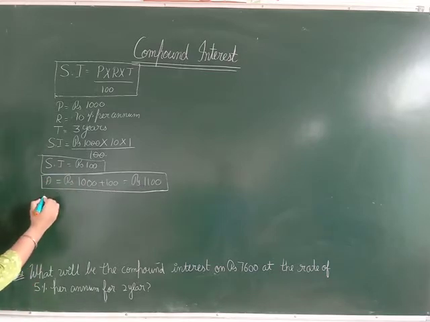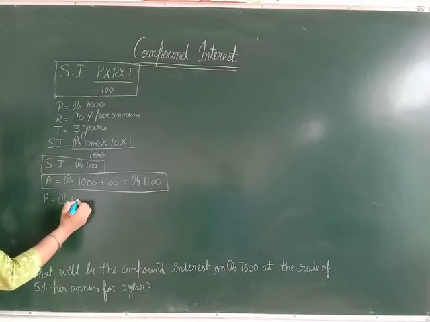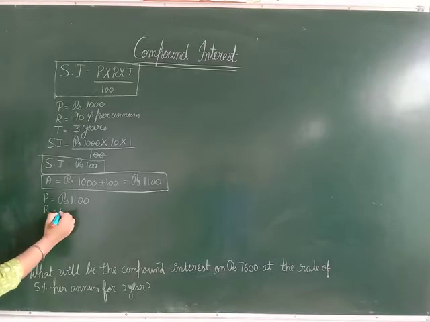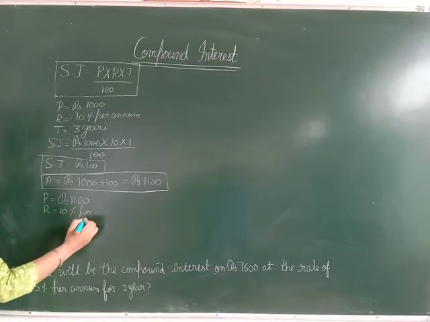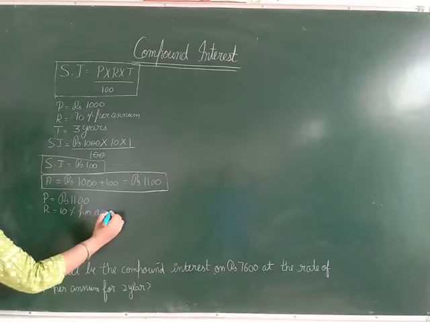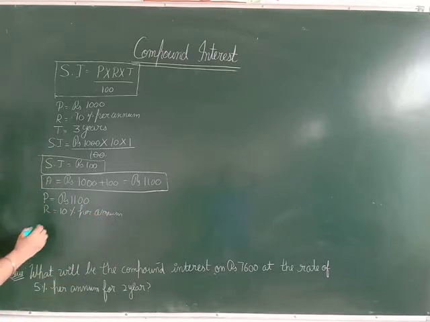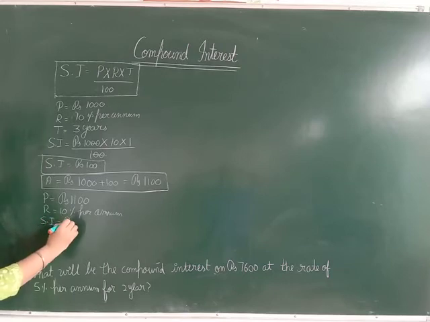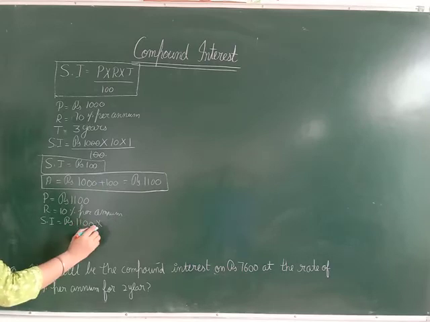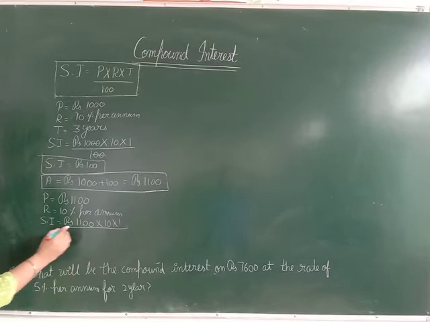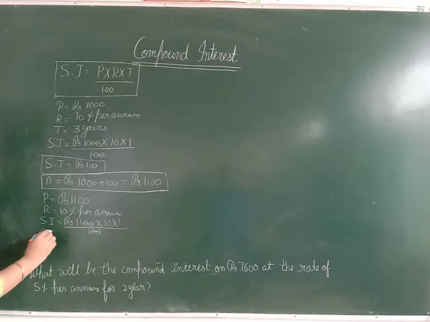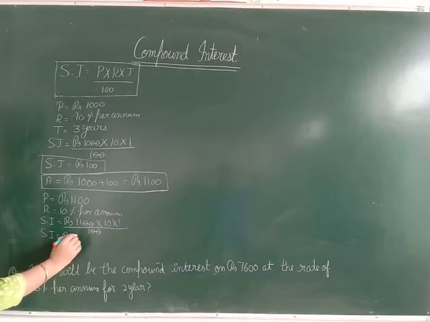So for the second year, your principal becomes ₹1100. Rate remains the same, 10%. Now for the second year, we will find out the simple interest. So simple interest is rupees, principal in this case for the second year is 1100 into 10, time is 1, upon 100. Now cancel it. So for the second year, your interest becomes 110,